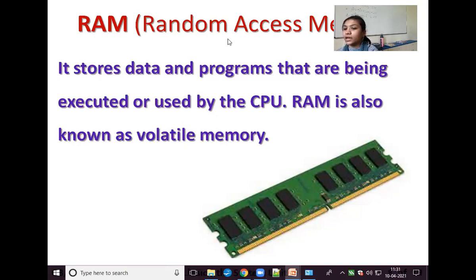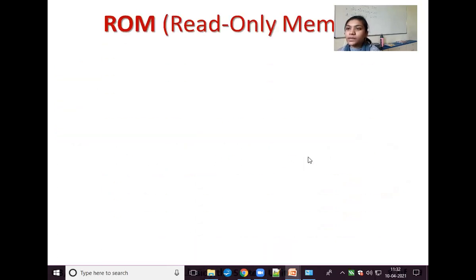What is the RAM? RAM is the random access memory, it stores the data and the programs executed by the CPU. RAM is also called the volatile memory because whenever the electricity is off, the data will be lost. जब भी इलेक्ट्रिसिटी चली जाएगी अब आपका डेटा लॉस हो जाएगा। Now the second type, ROM, read only memory. रैम में क्या होता था, आप टाइपिंग कर सकते हो, आप अपनी कुछ फाइल बना सकते हो, लेकिन रोम में क्या होगा, that is only a read only memory, आप सिर्फ उसको रीड कर सकते हो।